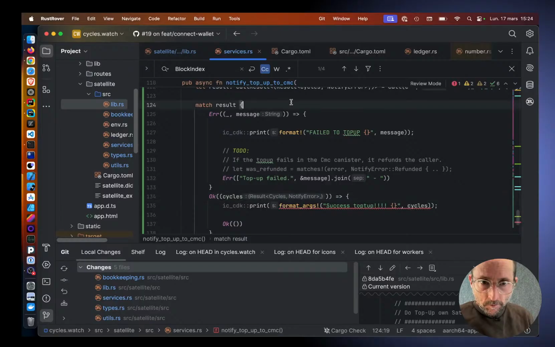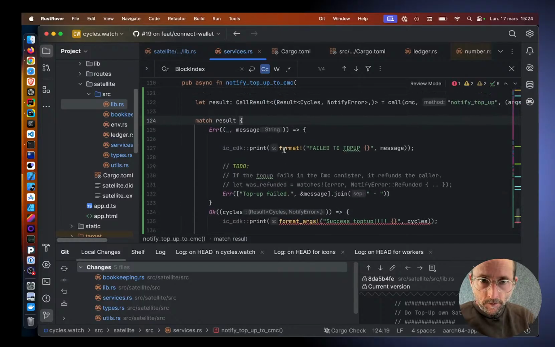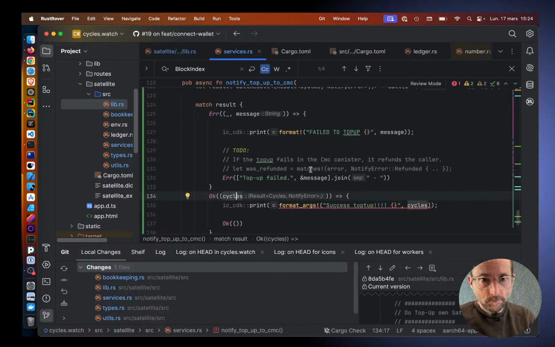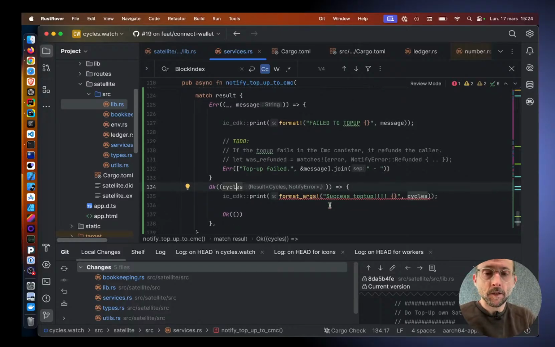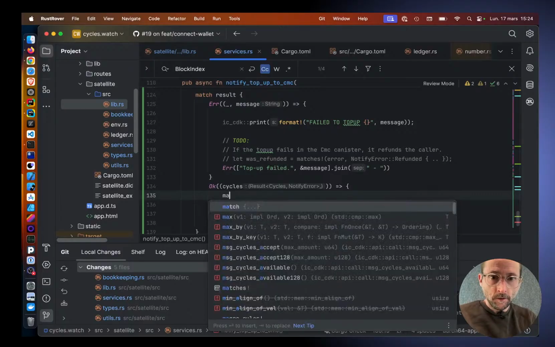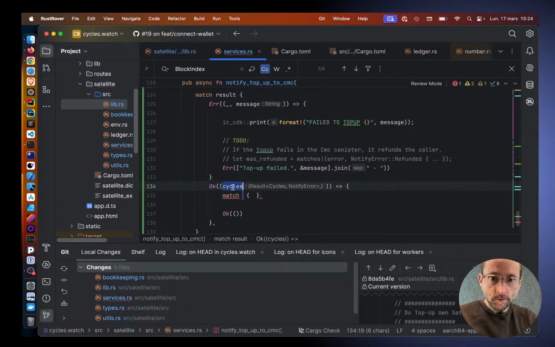I doubt. Here we have result. Okay. I can have notify error here too. Okay, so that's interesting. So here we're going to do result cycles, and here we're going to do